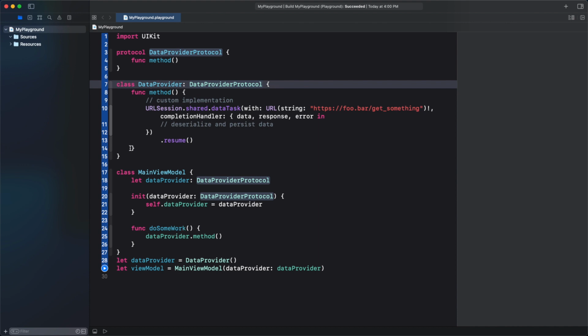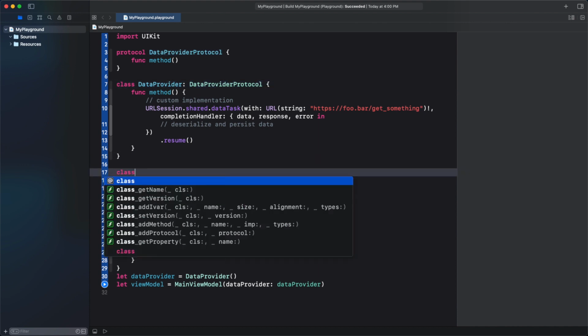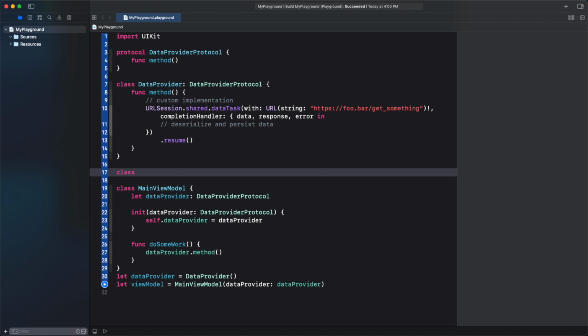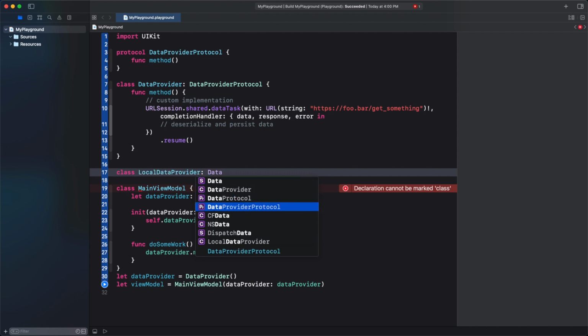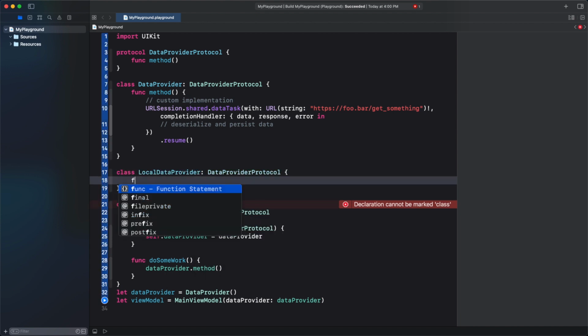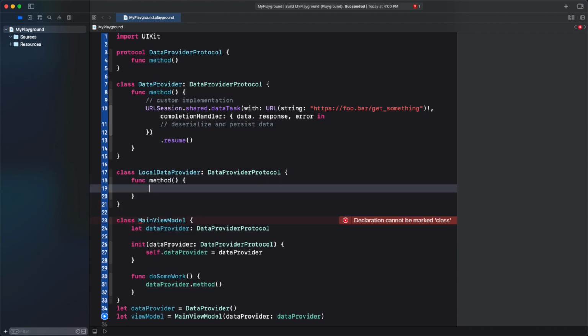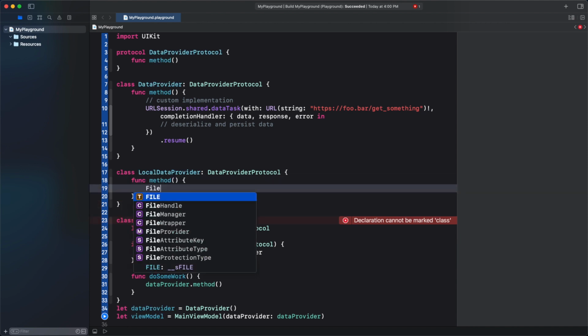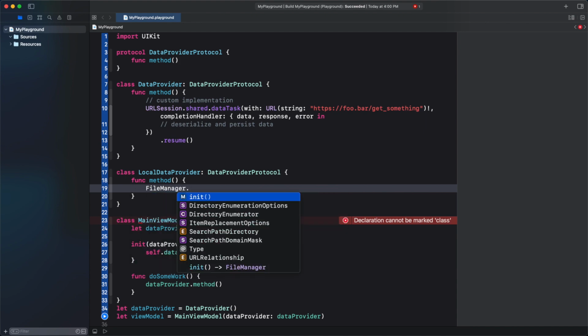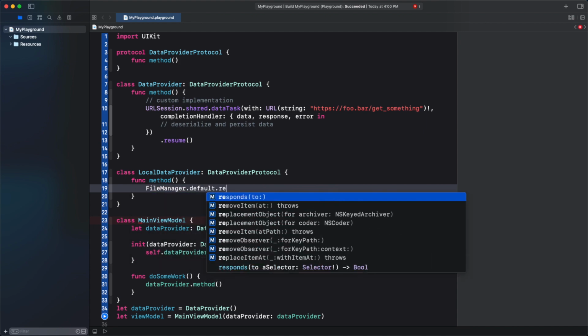And for instance, in some case you decide to create some other thing, maybe instead of the web you are using, I don't know, a local data provider that just can conform to the same protocol. In this case, you can have this method that will just ask the file manager default and read